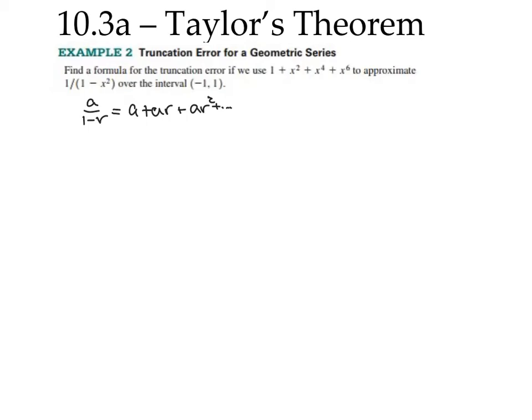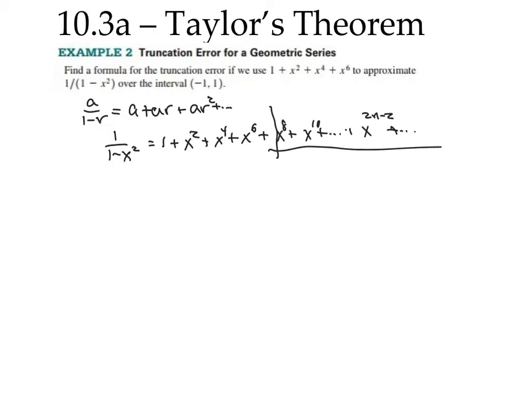But think about what the rest of the series is. So we have 1 over 1 minus x squared, and it's equal to 1 plus x squared plus x to the fourth plus x to the sixth plus x to the eighth, x to the 10th, in general x to the 2n minus 2 forever. But we're going to cut it off, and we're only going to keep the part up to x to the sixth. Well, it's easy to estimate the value of the remaining piece because the remaining piece is itself